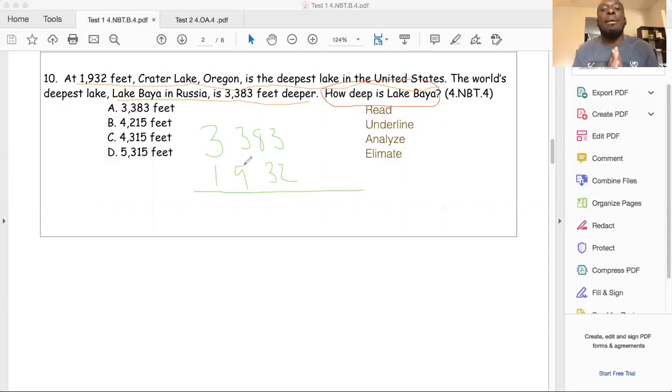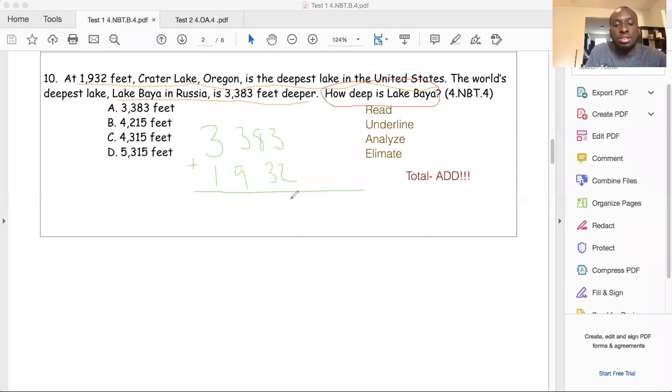I need to know how deep is Lake Baya in total. To find the total, I have to do what? I have to add. That's how I'm going to get the total amount of this lake. Once I add these two,